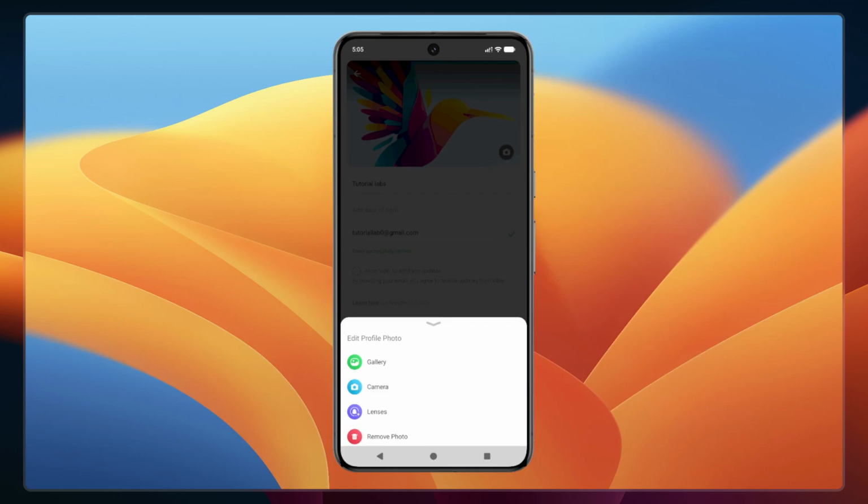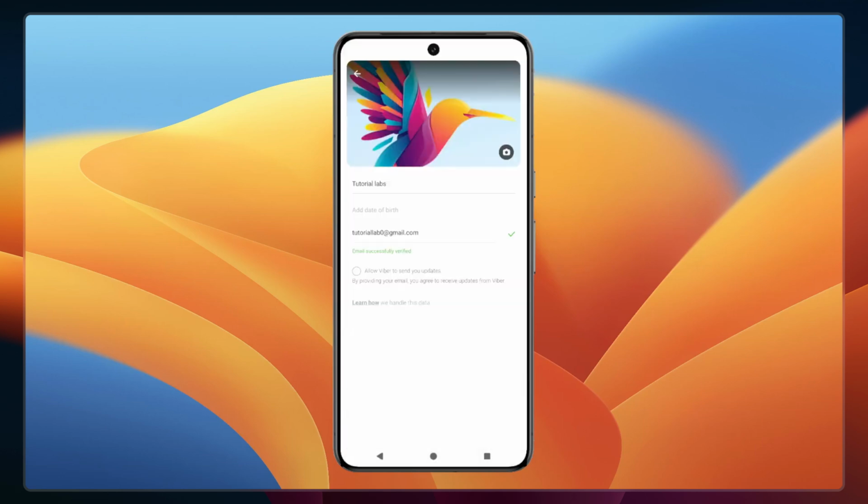After tapping your profile picture, a menu will appear with different choices. You'll see options like Gallery, Camera, or Lenses. Gallery lets you choose from existing photos on your device. Camera allows you to take a new photo right now, and Lenses offers fun filters and effects. For this example, we'll tap on Gallery since that's the most common choice when you already have a photo you'd